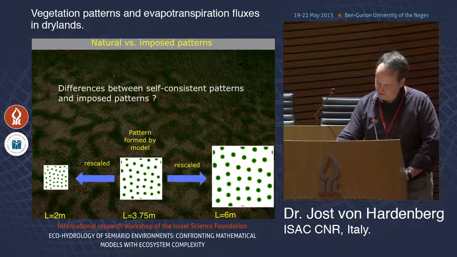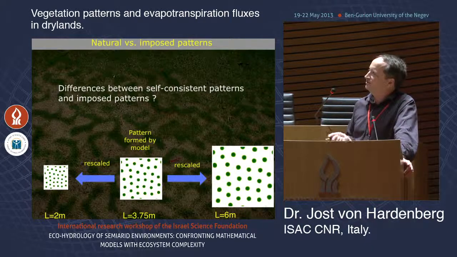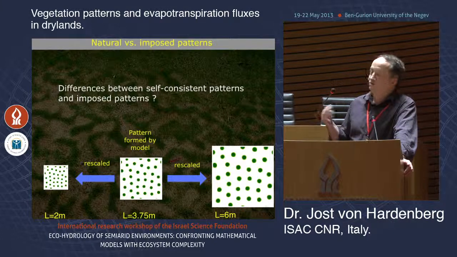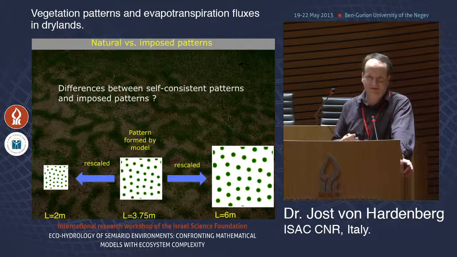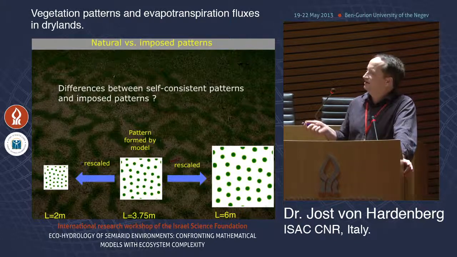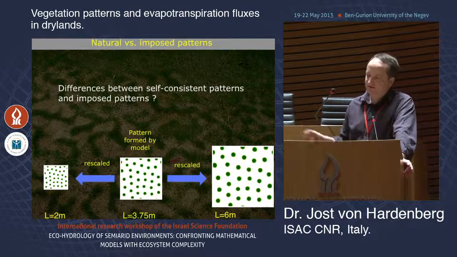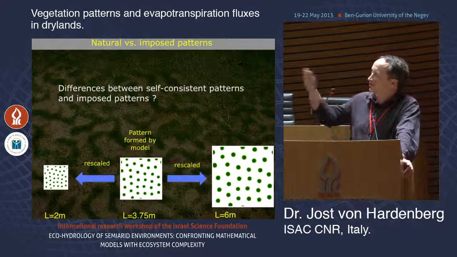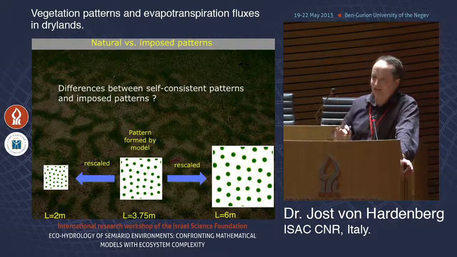So now to the second point, which we can explore with this model: will there be a difference if we let the system evolve naturally, or if we actually impose the pattern? It could be that we choose or change the surface in order to impose a pattern, or we're trying to do agriculture.